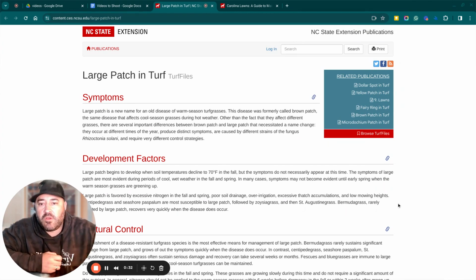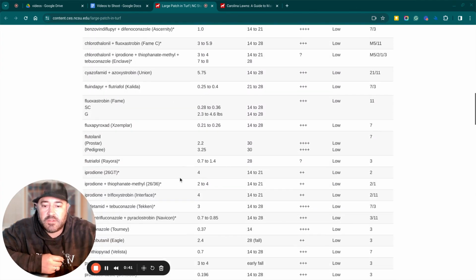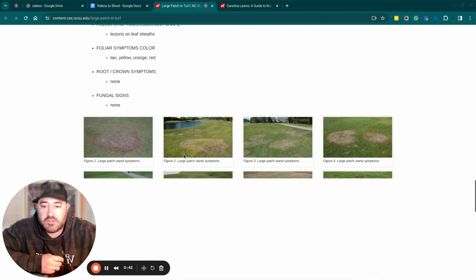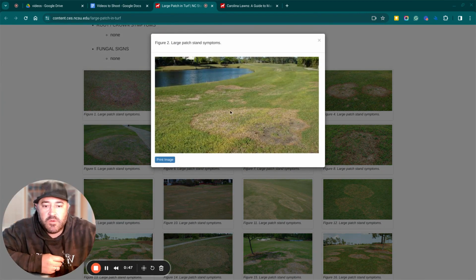And so I'm going to go over an article with NC State Extension on large patch. And first, we're going to take a couple of looks at pictures of what it looks like. And this is probably a good picture right here. You can see it's a big circular patch. You're going to see yellowing in here. You're going to see it's kind of orange on the outside, real bare right here, and brown. And you can see it's struggling to come out of dormancy